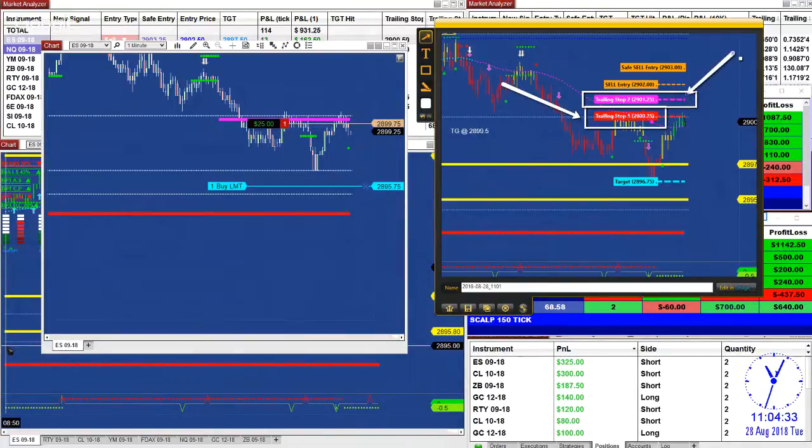This one here is the final point between thinking short or thinking long. Anything above the trailing stop two means the whole momentum in this market has changed direction, and now we are thinking long. We're no longer thinking short, and now we are thinking on the first pullback, re-enter and